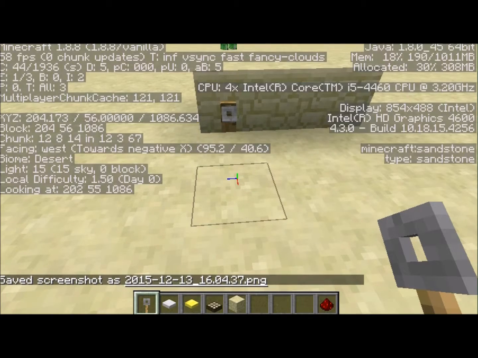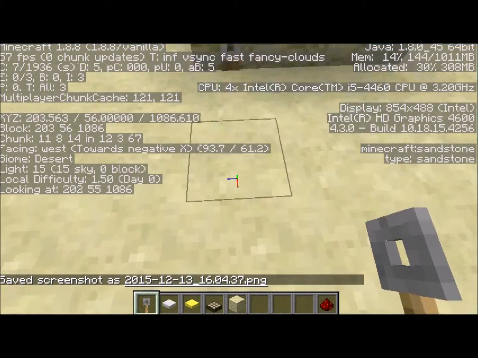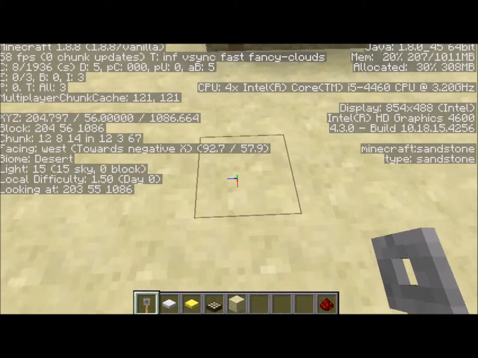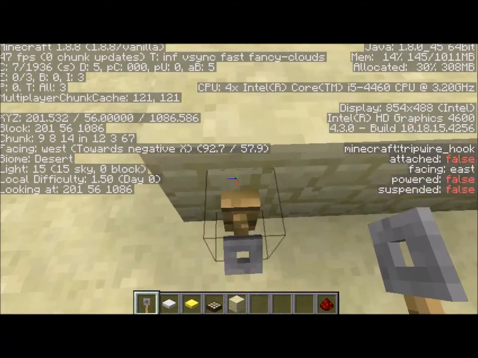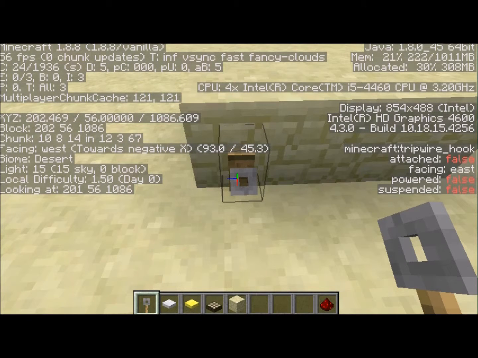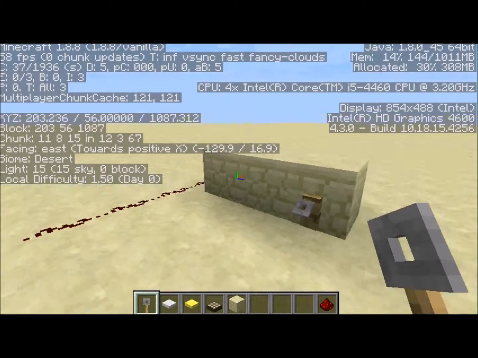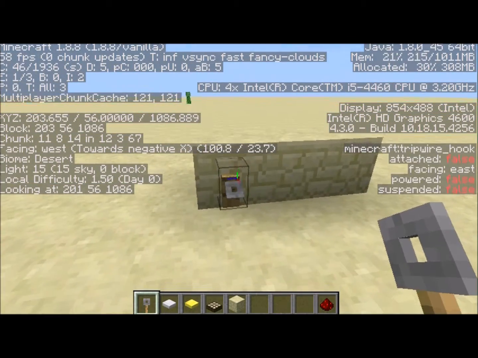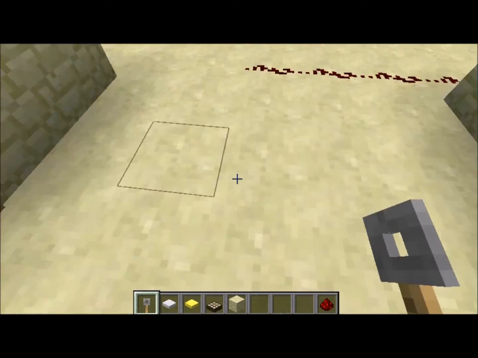Sorry, I pressed the wrong button. As you see, they are on the same y and z axis. Actually, stop. Yes, they need to be on the same y axis, but they can be on a different x or z axis. One of the axes in x and y should be the same, because or else you can't